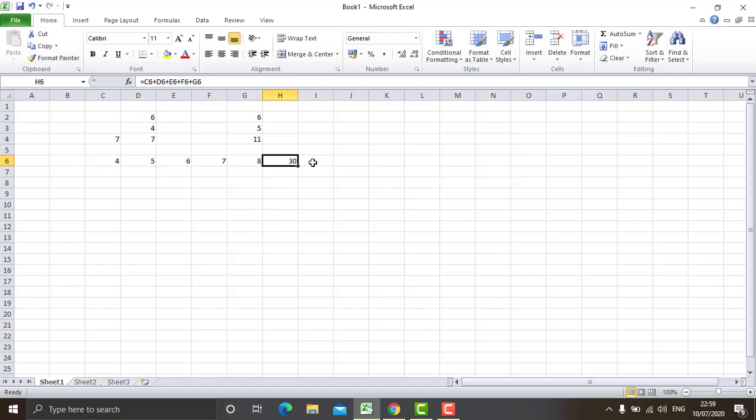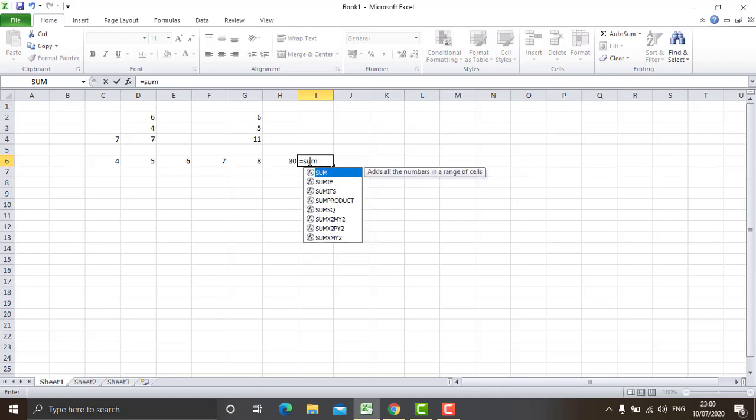So the same formula can be written here as equal to, and now there is a twist, and the twist is we will be including one more thing, and that one more thing is termed as function. Now what is a function? A function is a predefined formula. It contains the formula. The only thing we need to do is give the values, and according to the values it calculates and gives the results automatically. And for adding the numbers we have a function, and that function is called SUM.